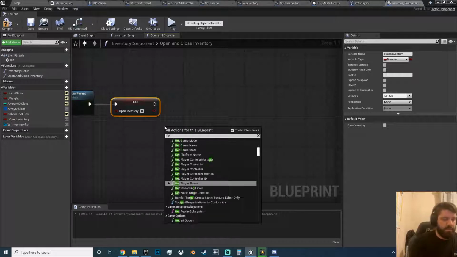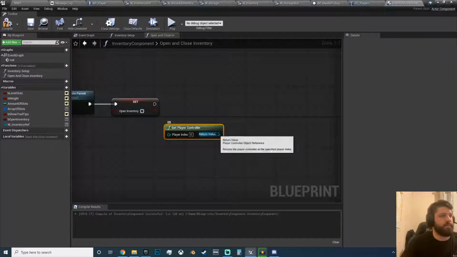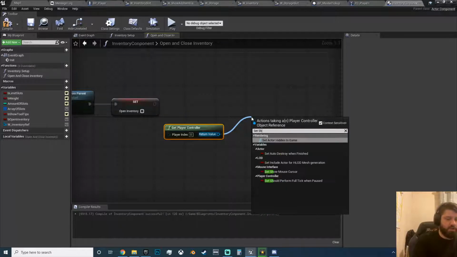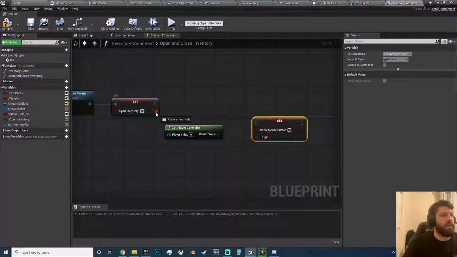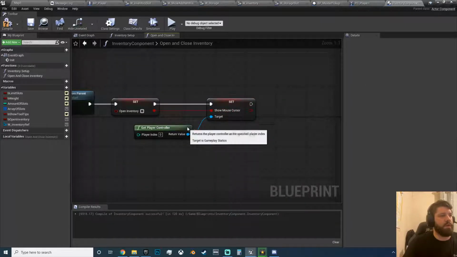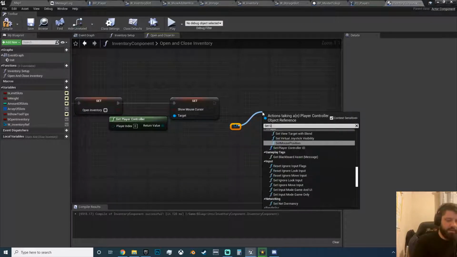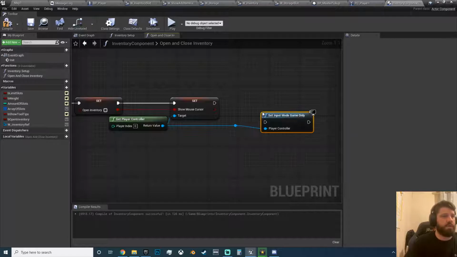This is why I didn't need them other variables, because you can just get player controller, and you want to set show mouse cursor, and you can just drag off of there if you want, because if this is false, this will be false. Tuck that in. Okay, and then we are do a reroute node to about there, and then set game mode to game mode only,